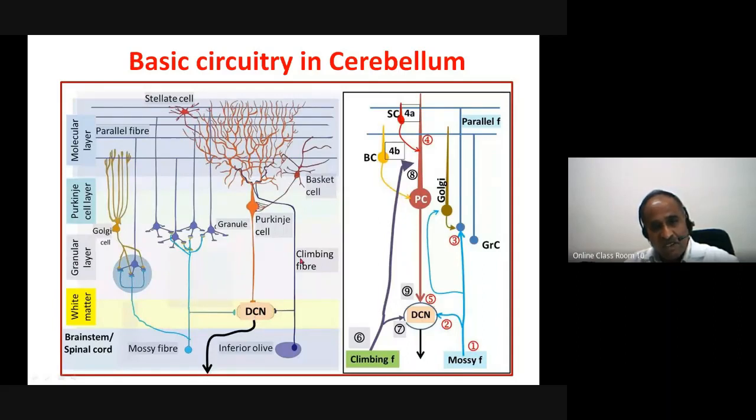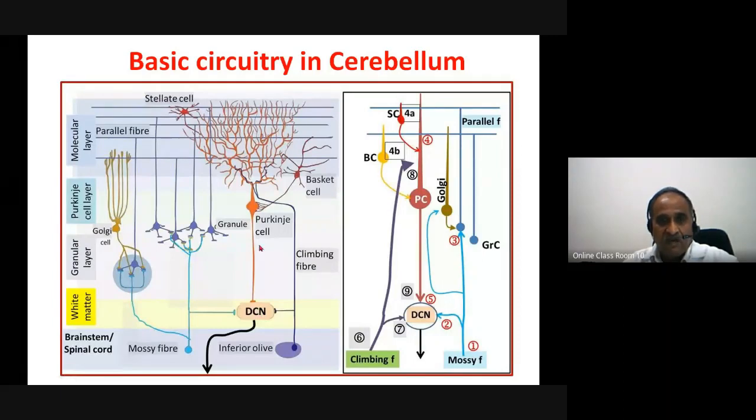The Purkinje cell receives input from the granule cells through the parallel fibers, and the granule cells receive input from the Mossy fibers. When the granule cells are activated, they will activate